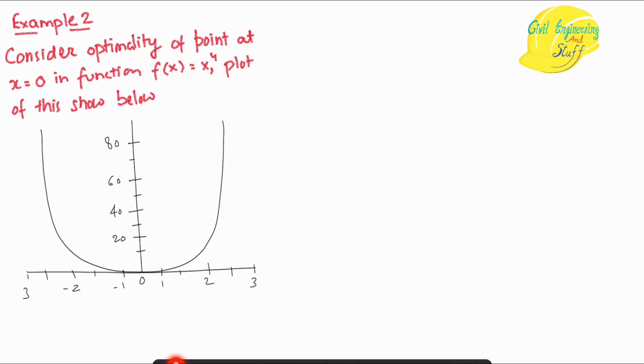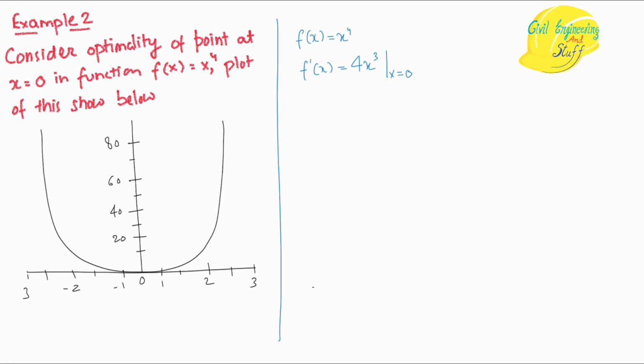If we take x equal to minus 0.1, the value will again be positive, because minus 0.1 to the power 4 is positive. Minus 0.1, minus 0.2, minus 0.3, minus 1, minus 2, minus 3, the value will be increasing. So in the small interval around x star equal to 0, the value will be increasing, right? So through the graph, we can say that this is our relative minimum point. So using the sufficient condition, we will prove this. Okay, so let's solve.